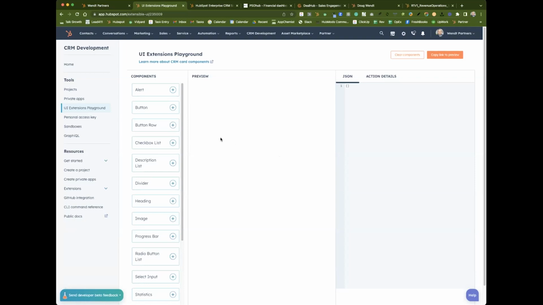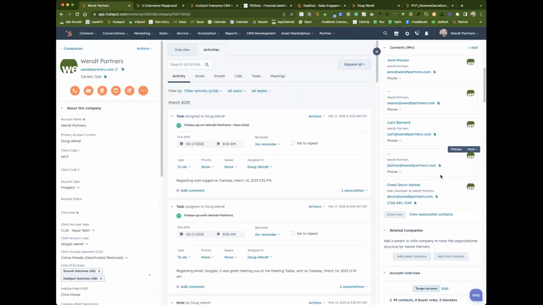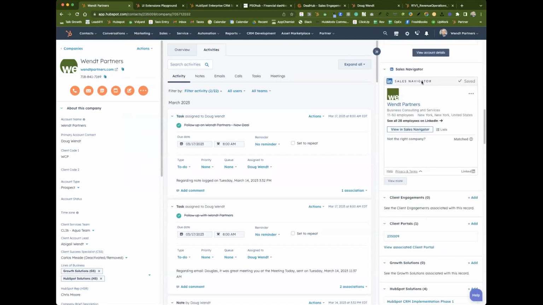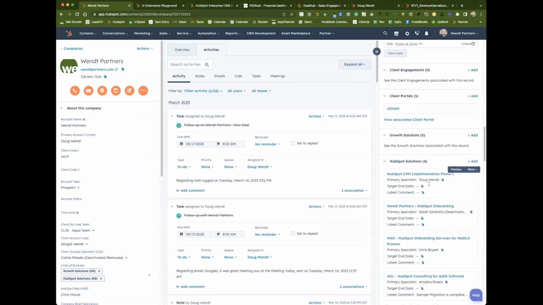Awesome. And Anya, I just brought us right into the CRM development toolkit. So as Anya said, this is not gatekeeper stuff. This is open and available. You can set up a developer account. You can also access this inside your HubSpot account. You'll see all the different components that you can build into what we call an extension card. What's an extension card? These are the cards. Over here, you see the Sales Navigator example. These are standard cards that come in the system.